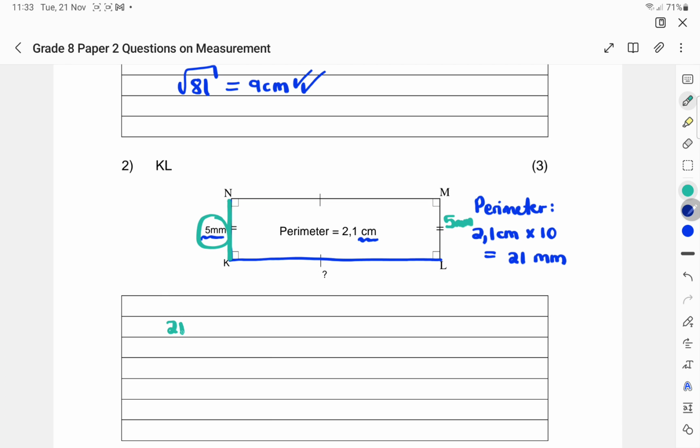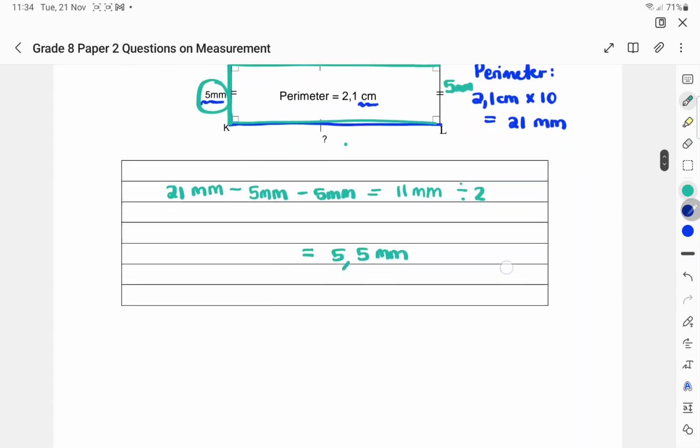So if you take that total perimeter of 21 millimeters and you minus the 2 sides, you get 11 millimeters left. 21 minus 10 gives you 11. And now what is left, we need to divide up into 2 because there's 2 sides that are equal length. So when I divide it by 2, I get that it is 5.5